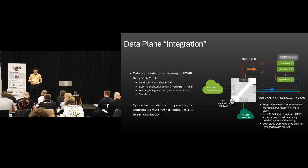And as you can imagine, this scales much easier than having to put in another line card in your router, or if it's full, add another chassis or upgrade the chassis, etc. There's a lot of considerations here because you need to take into account some of the properties of the servers and especially the CPUs, because you have the NUMA boundaries, and VNFs tend to take a performance impact if you go over the NUMA boundary. But if you do this a bit wisely, in the example here you see 100 gig